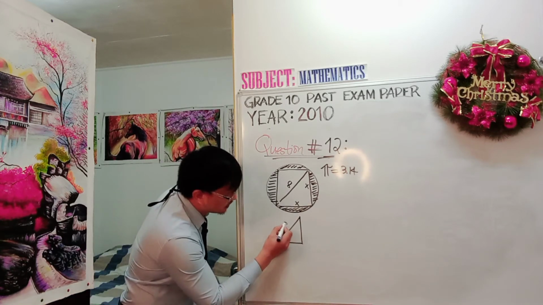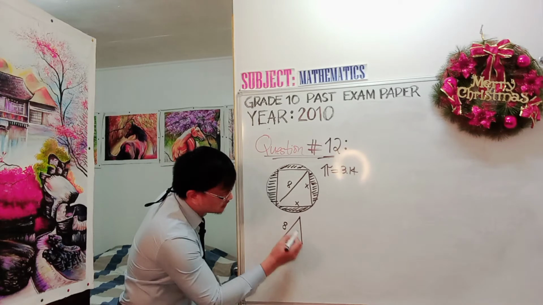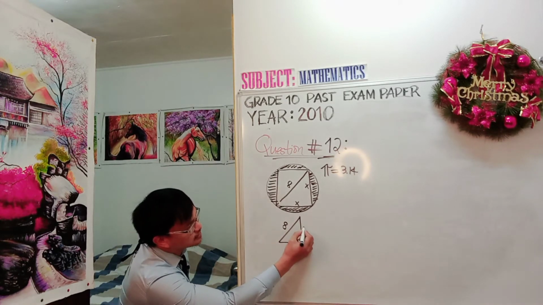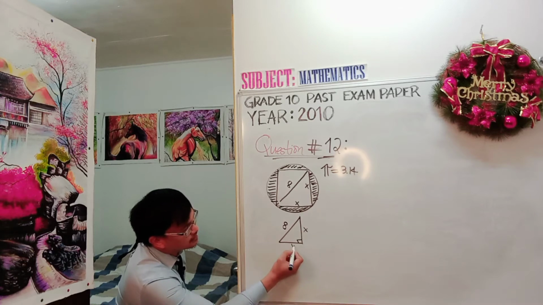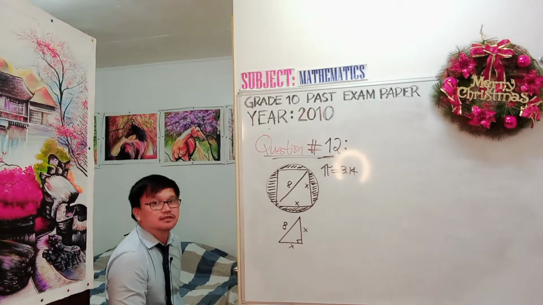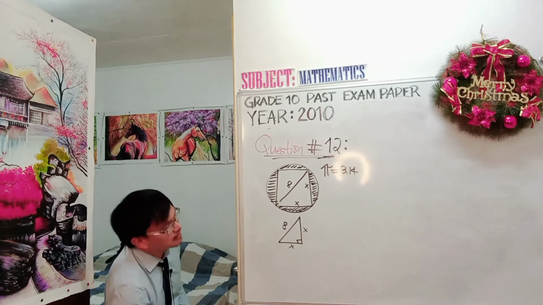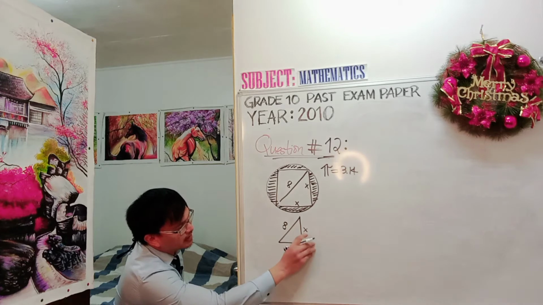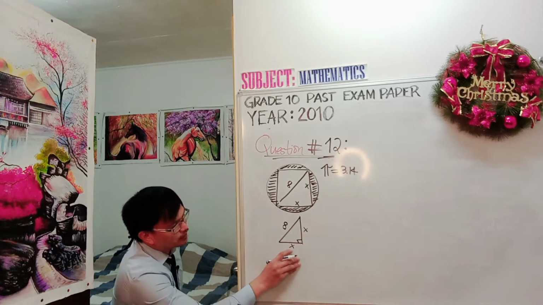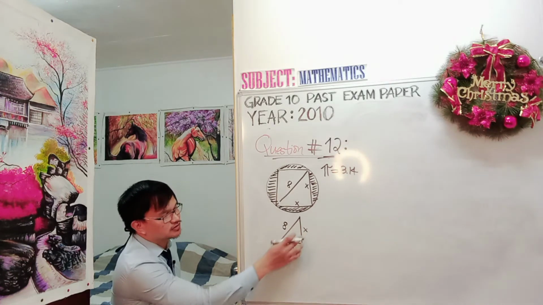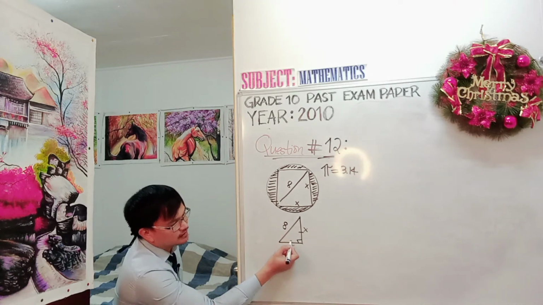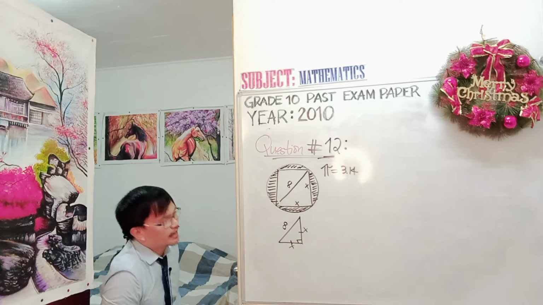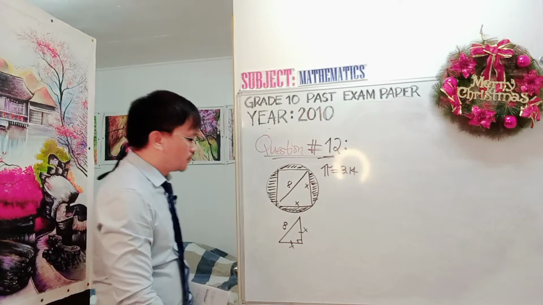The longest side of the right angle triangle is 8, and the two sides are equal, x, and this is also x. Okay, you might be thinking that it doesn't look like the same length, but whatever value of x here will also be the same as over here. So that means that this side here and that side, the values of x are equal. Okay, next one. What's the next one?